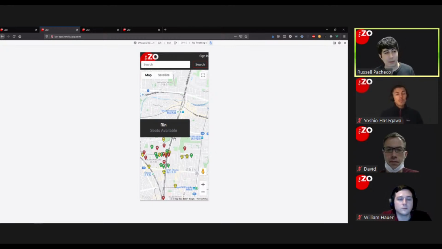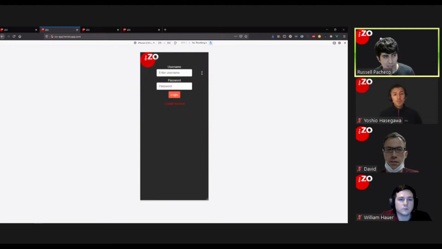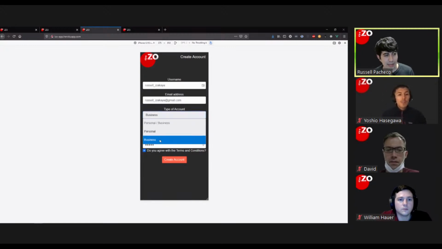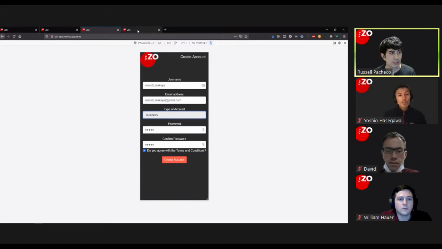Well, I download the app, I open it up, and I know I probably have to register my business. So let me go ahead and make a new account. So I click on the sign in button. I see that there's a create account button over there. So let me go ahead and put all my information in there. I have it filled out here. I am specifically indicating that I am a business, and let me go ahead and create an account. Once I create an account,